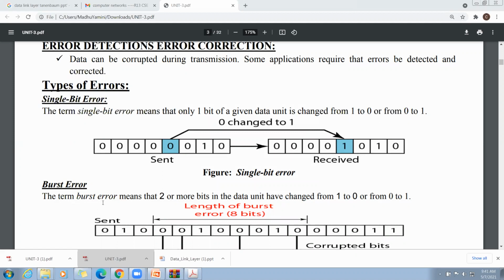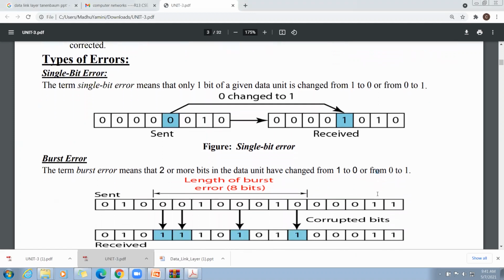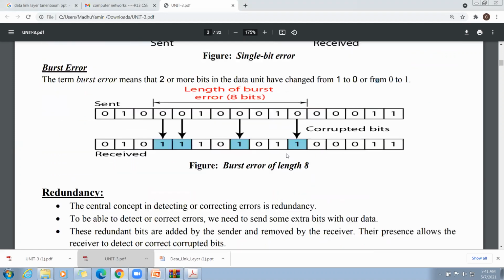Coming to the burst bit error, here 2 or more bits got changed. See the diagram. This is the sent bits and this is the received bits. Suppose this is a bit stream containing 8 bits. Here 0 is changed to 1, 0 is changed to 1, 0 is changed to 1, 0 is changed to 1.